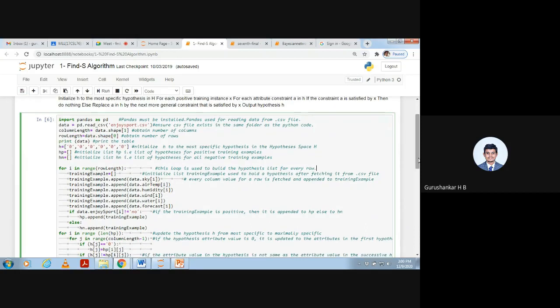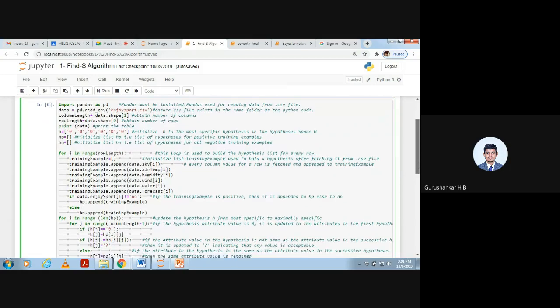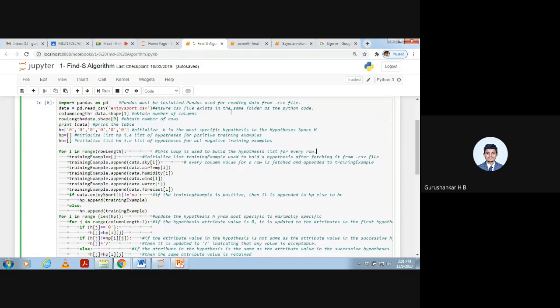We'll start with the first one. We need to import pandas. Pandas is a library. Pandas must be installed, and it is used for reading the data from a CSV file. So here the pandas library is used for reading the file in the CSV format, and then